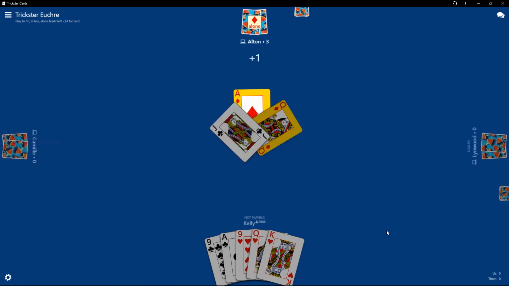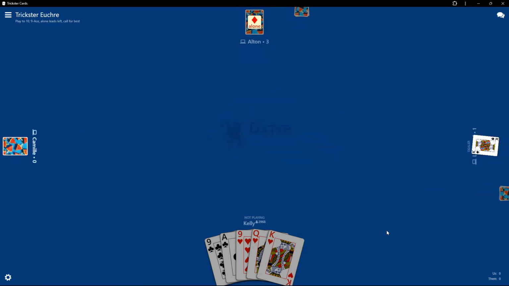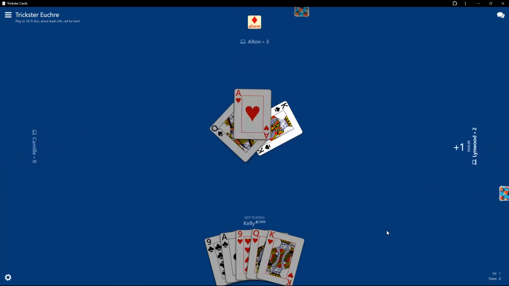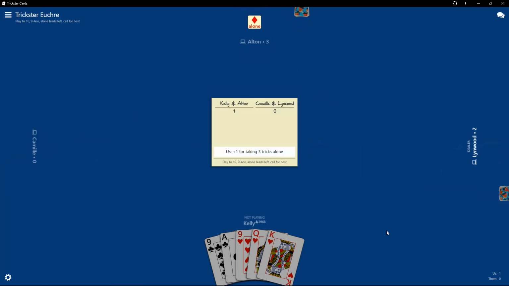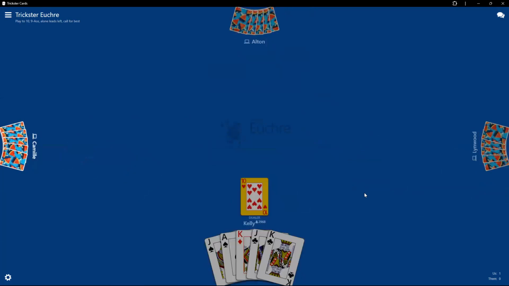Yeah, it's weird. Sometimes I just have to put my hands back when the partner's going alone because you've got the 5 cards in front of you, and it's so weird because when you play, as I mentioned, with real cards, when the other person goes alone, you're not looking at your cards; they're gone.